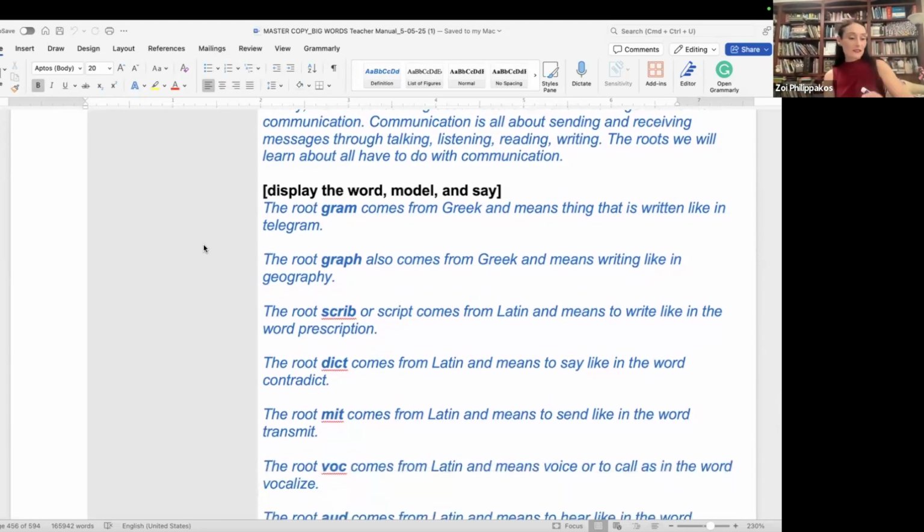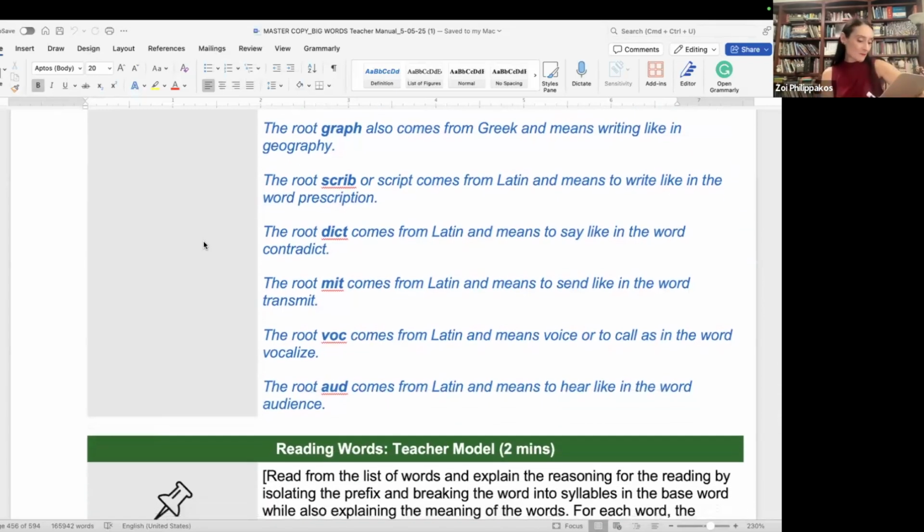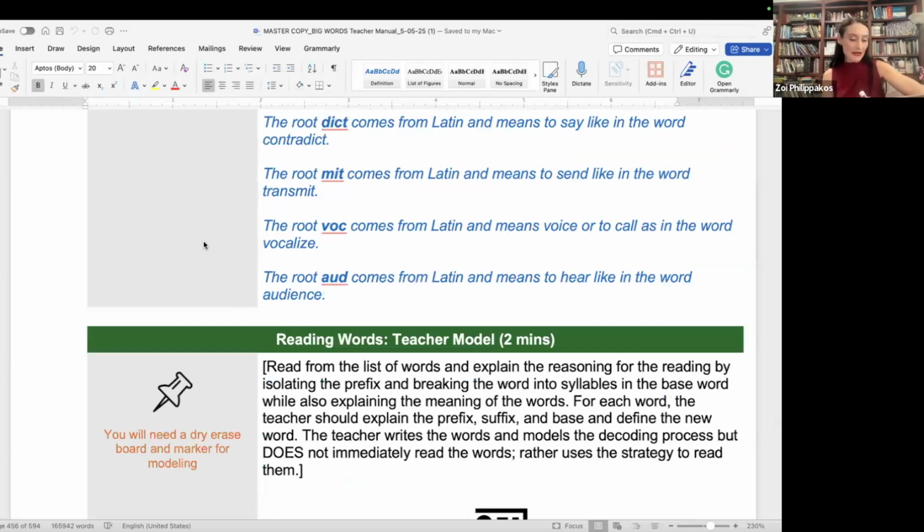The root scrib comes from Latin and it means to write, like in the word prescription, to write a prescription. I go to the doctor to get a prescription. The root dict comes from Latin, means to say, like in the word contradict, to say the opposite of what I said before. I contradict myself. The root mit, M-I-T, comes also from Latin,